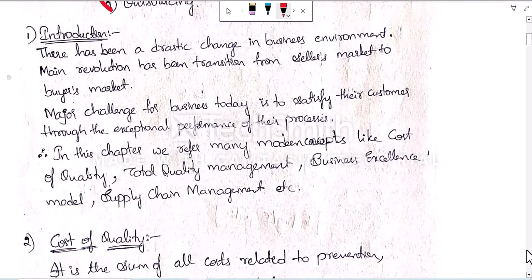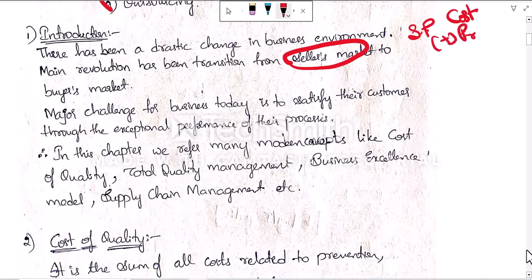So coming to introduction, what is modern business environment? The change from seller's market to buyer's market itself is the modern business environment. Previously we used to have seller's market. Sellers have the ability and right to decide the selling price. I told you in the last chapter, in traditional cost management, previously what they did, cost plus profit is called selling price. At this price they would be able to sell the product and earn the required amount of profit they